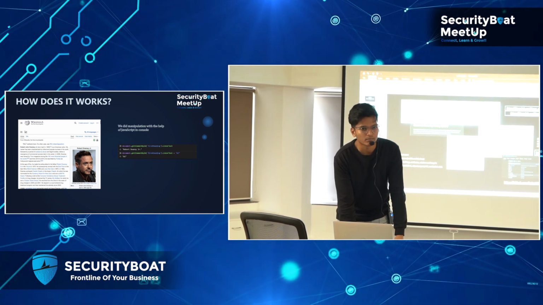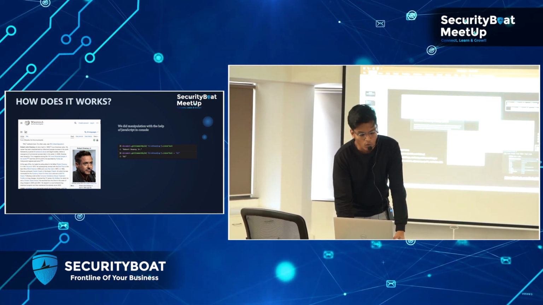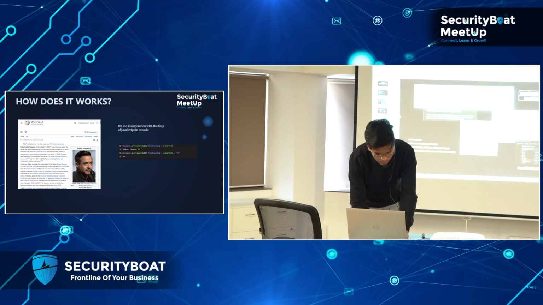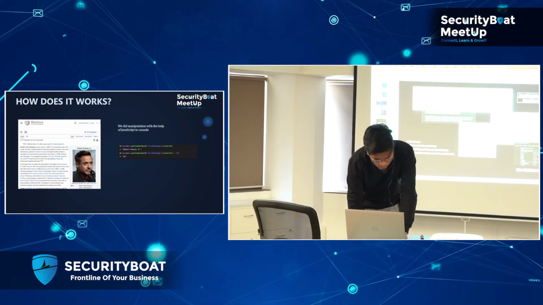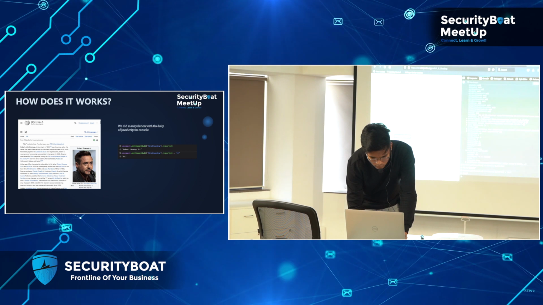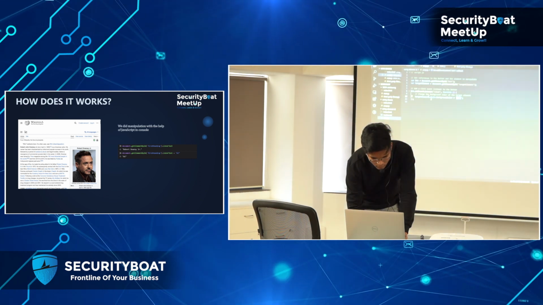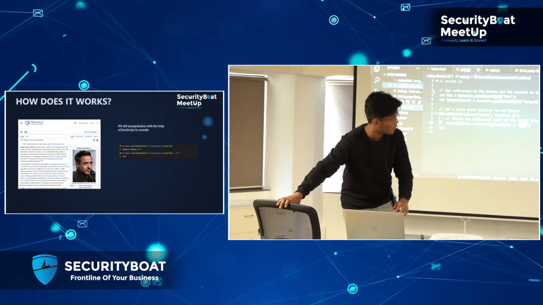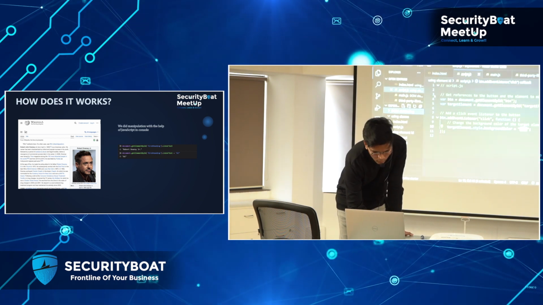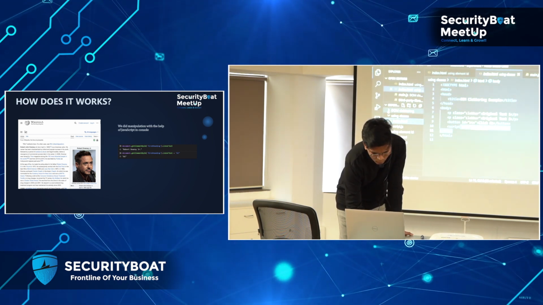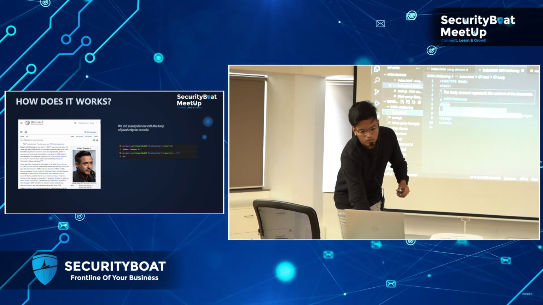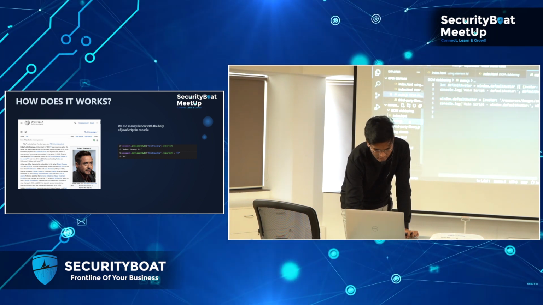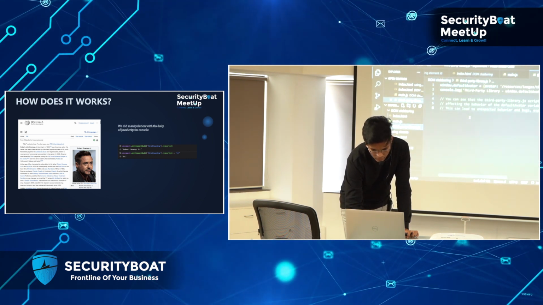So we have seen what DOM is. Now we will move on to DOM clobbering. How do we do that? So yeah, the code is visible. This is a basic page of HTML. This is the main JS, and this is a third-party library. So you can see that